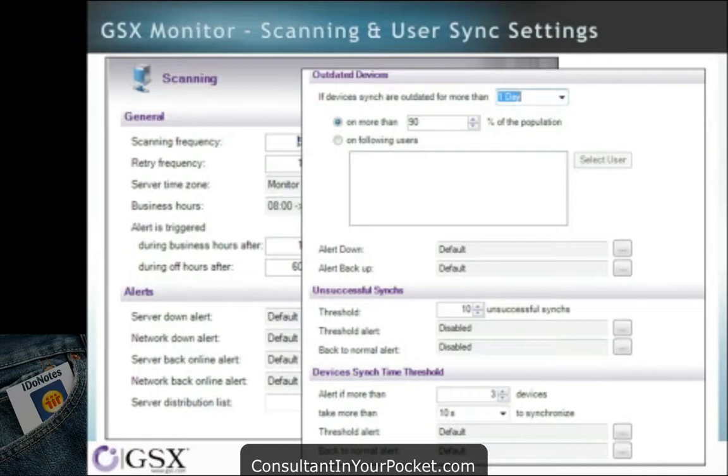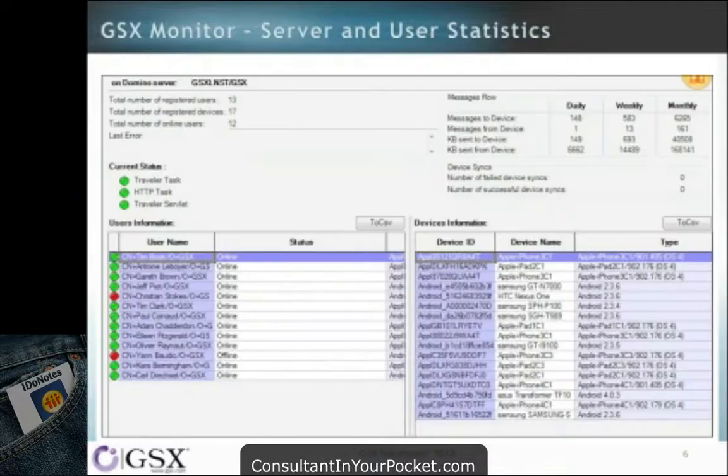So just keep in mind it's not just Traveler, but it does involve everything else around the Domino, Exchange, SharePoint, everywhere else on there. Overall, it's a global view for you, server and user stats, which is really cool for Traveler. You don't have a good UI yet built for the Traveler interface natively in Domino. So what they're going to give you is a really good overview of the status of the devices. Are they online or offline? What versions are they running? While you can get that from some of the databases, it's not a good overall UI